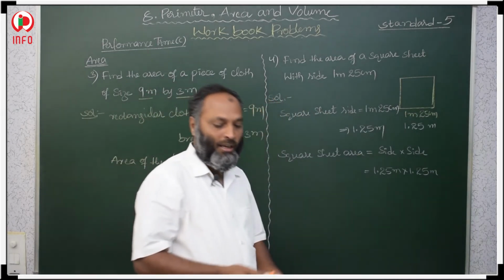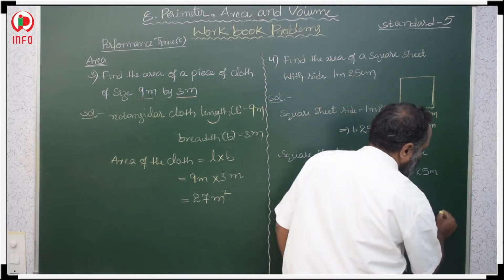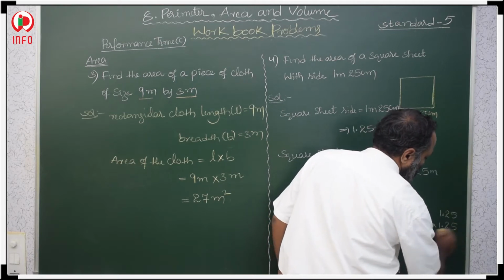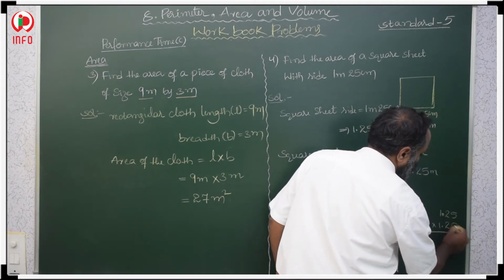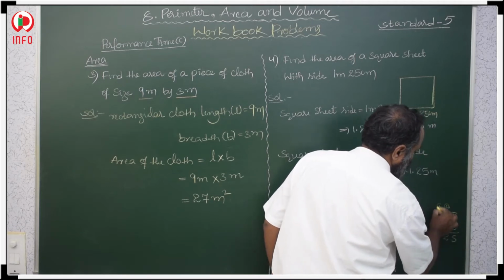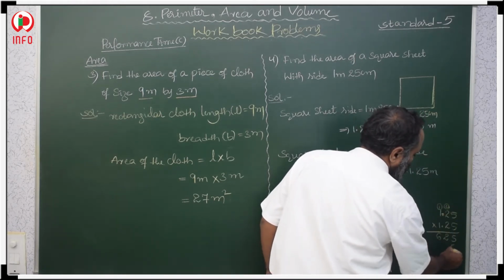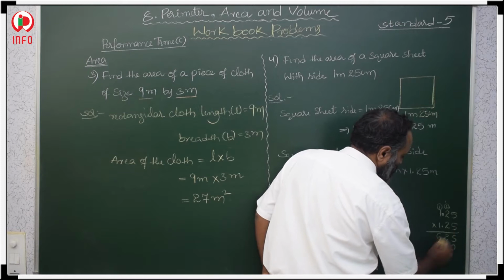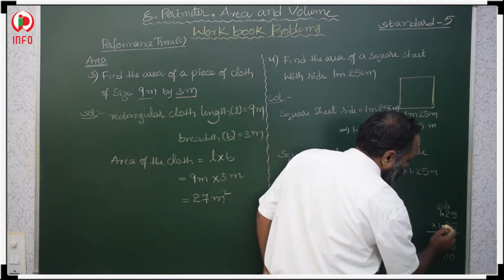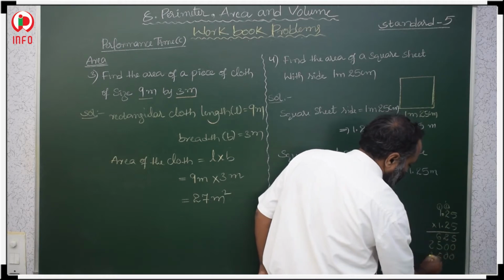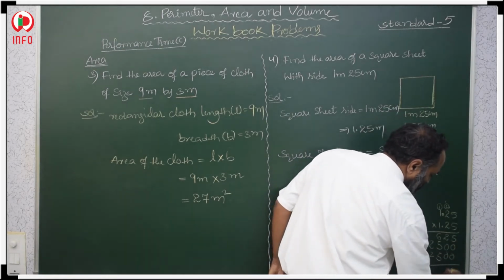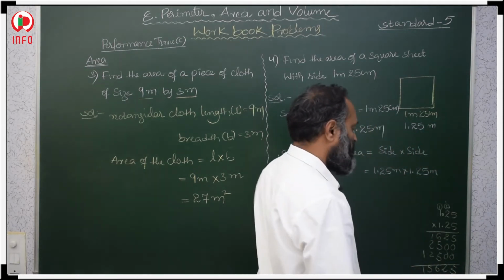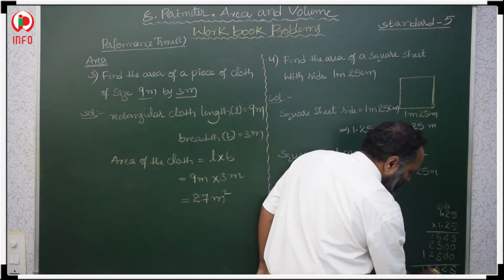Now, we have to multiply 1.25 with 1.25. First 5: 5 5s are 25, 2 5s are 10, 12, and 1. 5 1s are 5 plus 1, 6. Then after that 0 with 2. 2 5s are 10, 1 carry, 2 2s are 4 plus 1, 5, 2 1s are 2. Now again 2 zeros, 1 5 is 5, 1 2 is 2, 1 1 is 1. Adding: 5, 2, 6, 5, 1. 1 5 6 2 5. It means after 4 digits we have to keep a decimal.